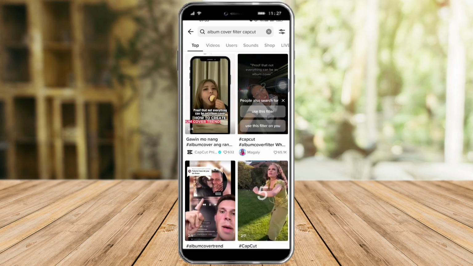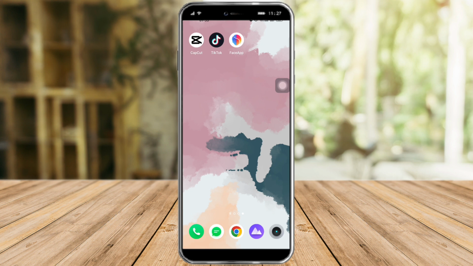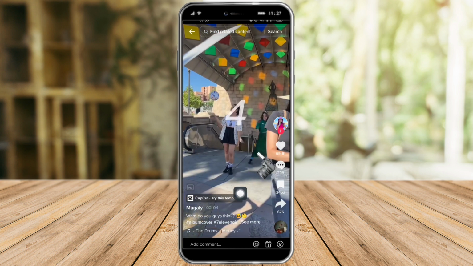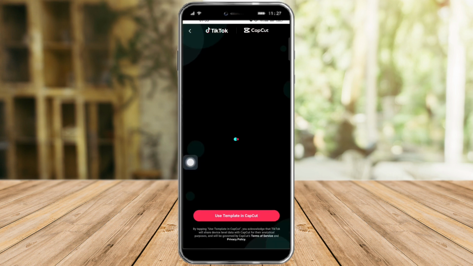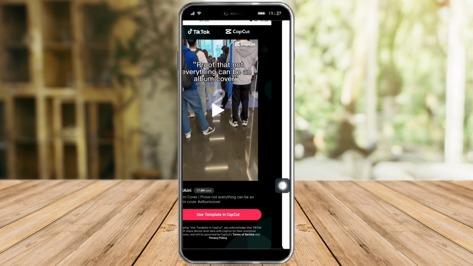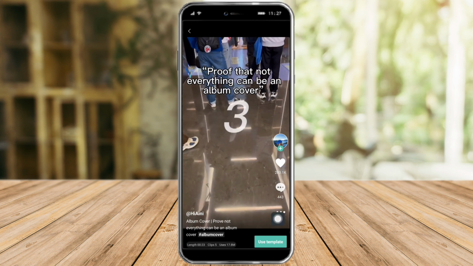So in order to do that, we need to head over to our filter on TikTok. Click on this and click on this CapCut Shredder template. And once you're in there, just click on this use template in CapCut, and this will redirect us to CapCut. So click on use template